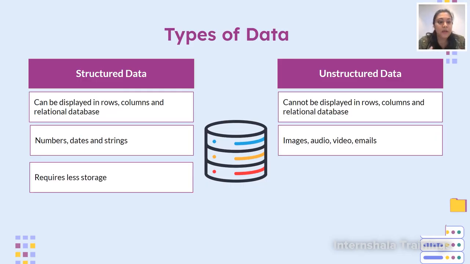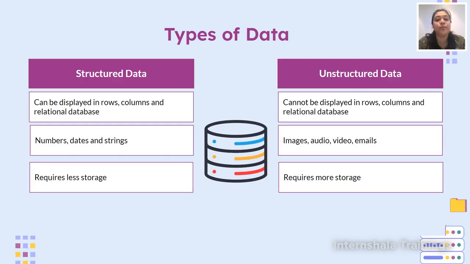Next thing, structured data requires less storage because it is already in a structured, organized format. But when you talk about unstructured data, it requires more storage because data is scattered. Yeah, it is not confined to a particular space. It's scattered here and there. And when you talk about image or video or audio, we just see the image and the video, right? And you have seen how much space a particular video takes. A small video also takes some terabyte of data, right? So this is how it requires more storage. So these are the major three differences of structured data and unstructured data.